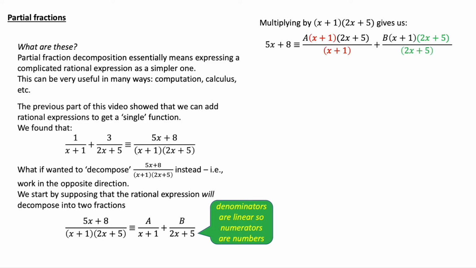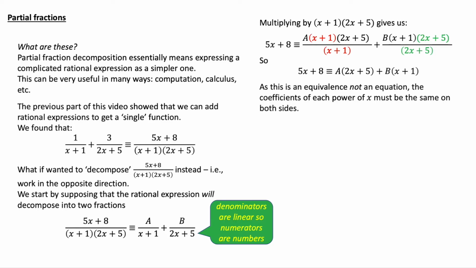On the right hand side, we can see why we're doing this, because we want to get rid of all the fractions, and the x plus 1s will cancel for the first one and the 2x plus 5s for the second, and that leaves us with 5x plus 8 is the same as a times 2x plus 5 plus b times x plus 1. And because this is an equivalence, not an equation, the coefficients for each power of x must be the same